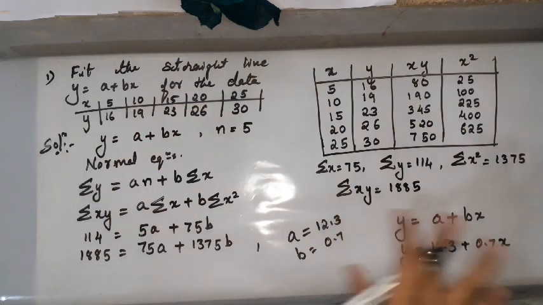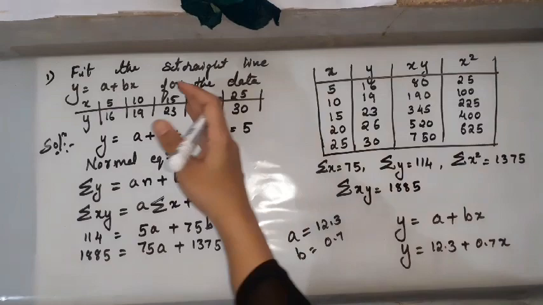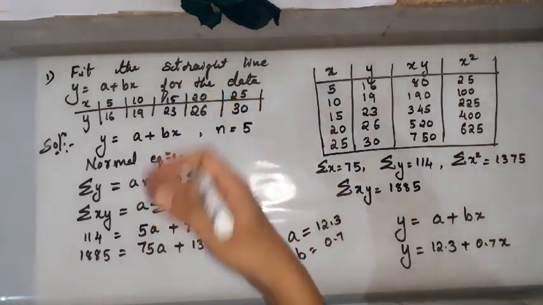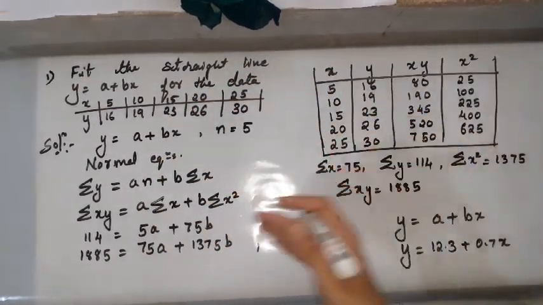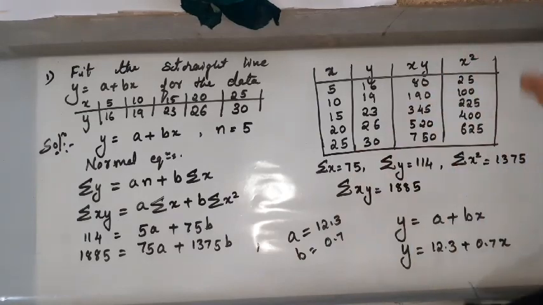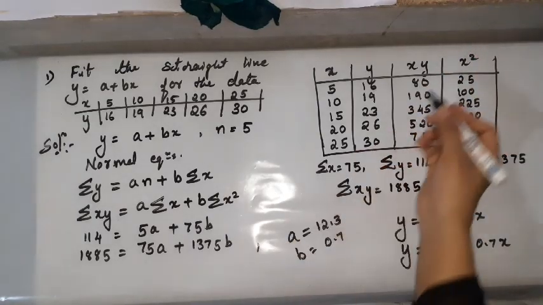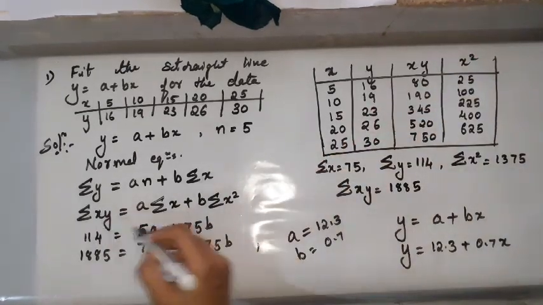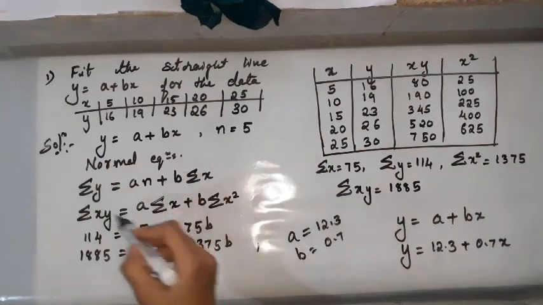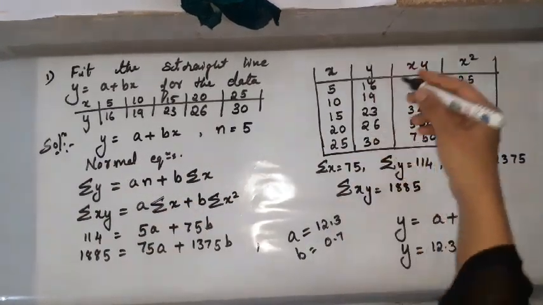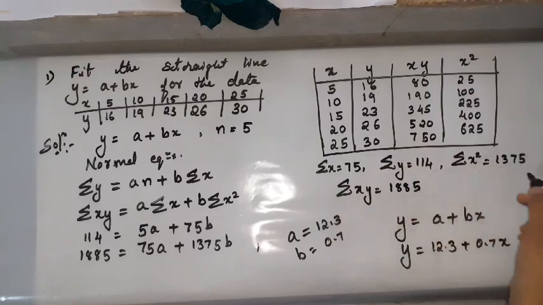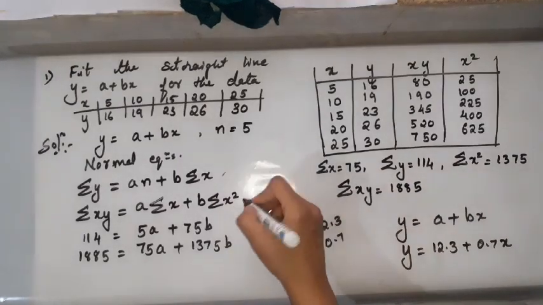It's very simple, very easy. You may have more points, and then also it's not a problem. You can easily write the normal equations and do the calculations as required. See your normal equations, make a column for whatever you need, and simply add them all. You get the required summations.